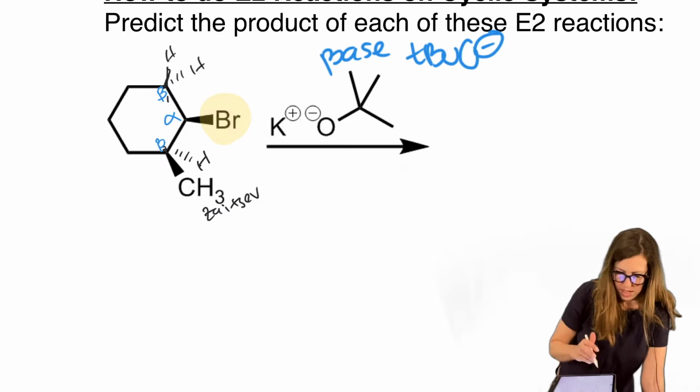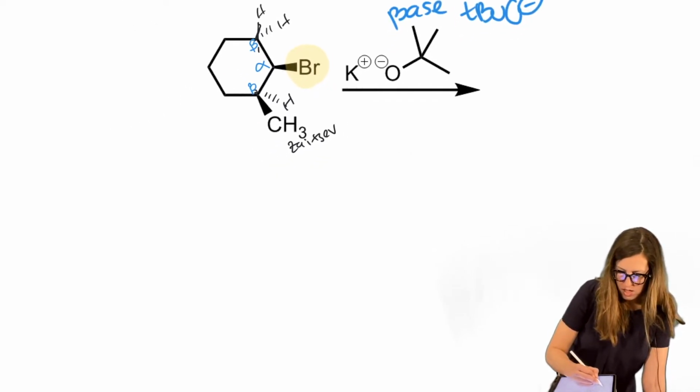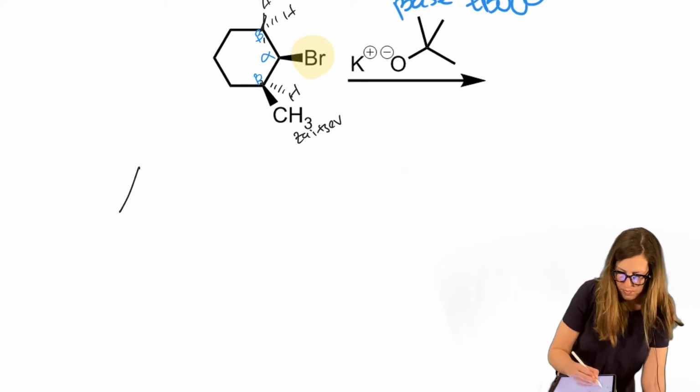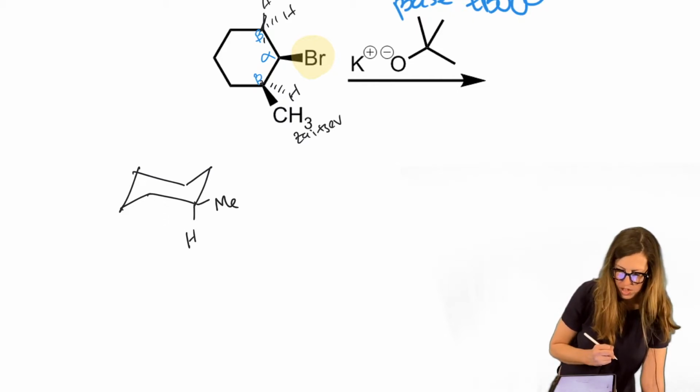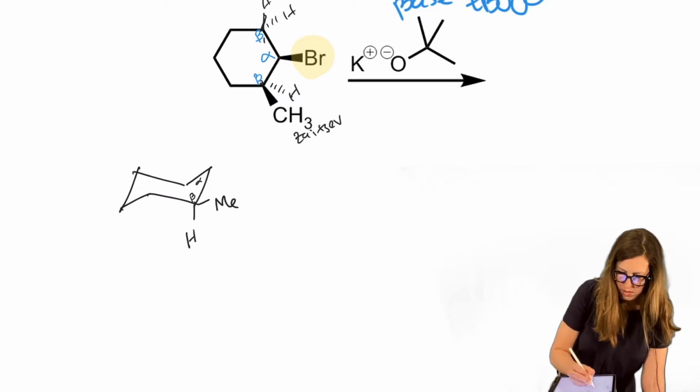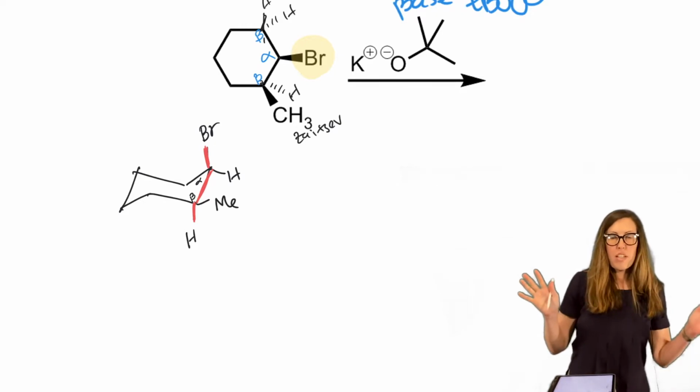So in order to see that it's anti, it helps to draw the chair. Anti-coplanar. Okay, so here's my methyl, right? And my H is down, my methyl's up. And that was my beta carbon. And here's my alpha carbon in question. My bromine is up, and that H is down. Look what I could do here. See that? That alone shows the anti-relationship.